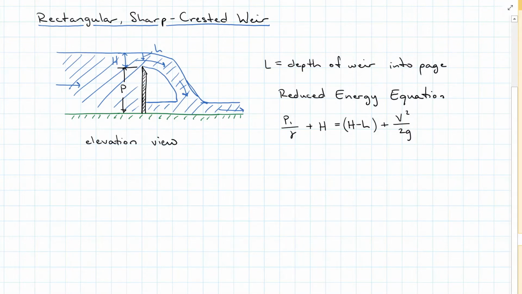And we're going to see that P is equal to 0 because it's an open channel. My h's cancel. So my velocity over the weir is 2gh, and we're going to take the square root of